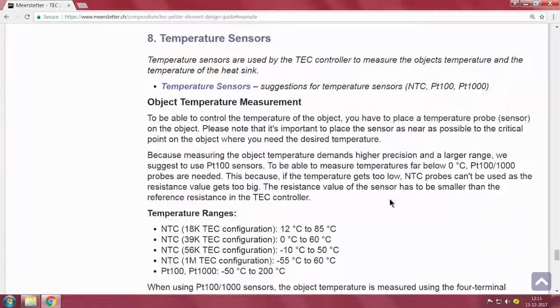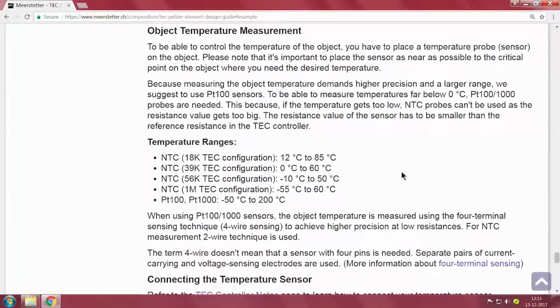And I suggest you just read it through. When you are looking for heat sinks with that, typically very small thermal resistance. One of the other important things is how do you measure the temperature. Obviously, we need to have this different type of